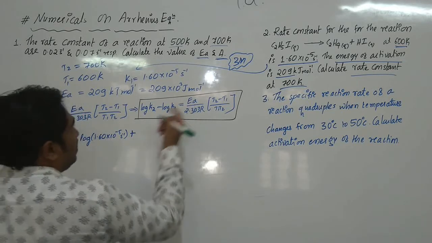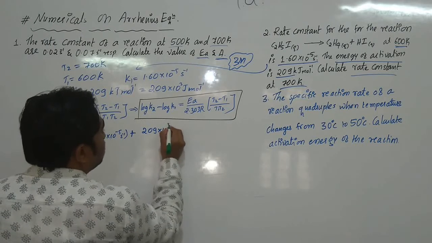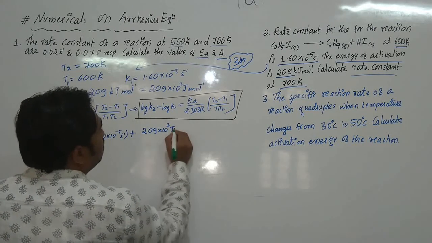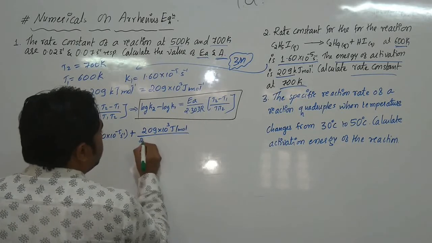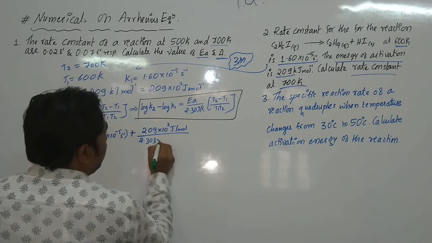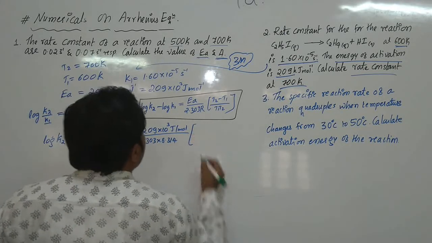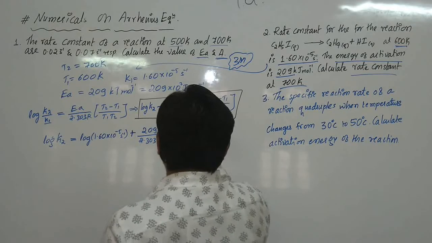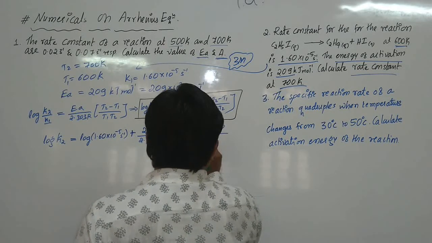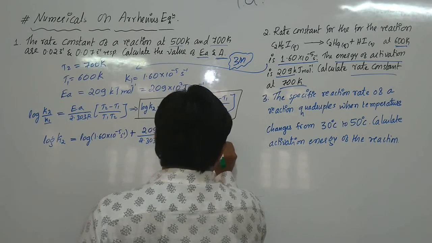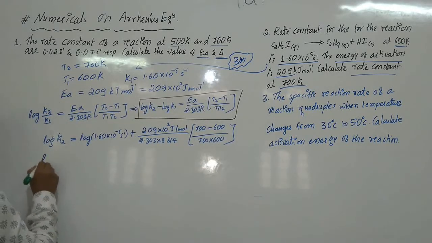plus EA, which is 209 into 10 to the power 3 joules per mole, joules per mole divided by 2.303 into 8.314 into T2 ಅಂದ್ರೆ ಎಷ್ಟು ಕೊಟ್ಟಿದ್ದಾರೆ ಅವರು? 700 Kelvin. 700 minus 600 divided by 700 into 600. Okay. So log of K2 is equal to